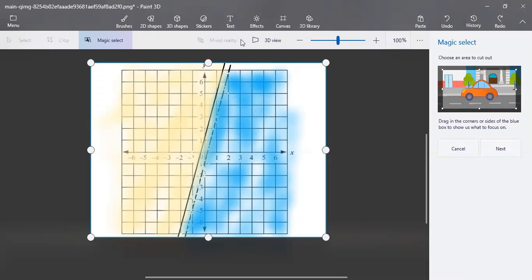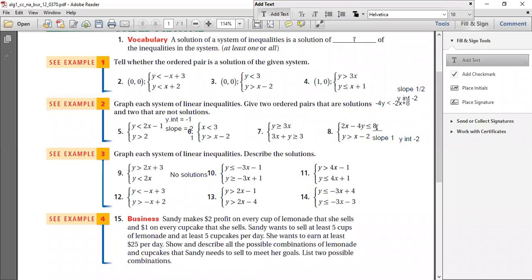It was shaded by the first inequality, right? So because the other inequality is also overlapping this, we describe the solution as all points between the parallel lines and on the solid line. So for this inequality, we are describing the solution: all points between the parallel lines